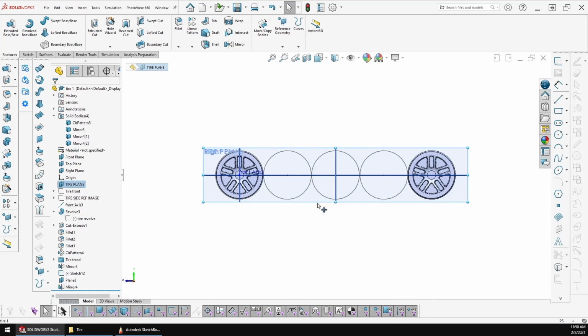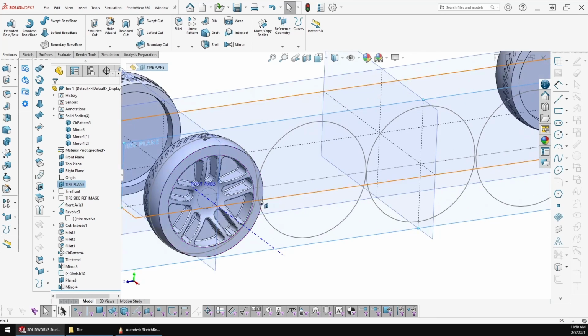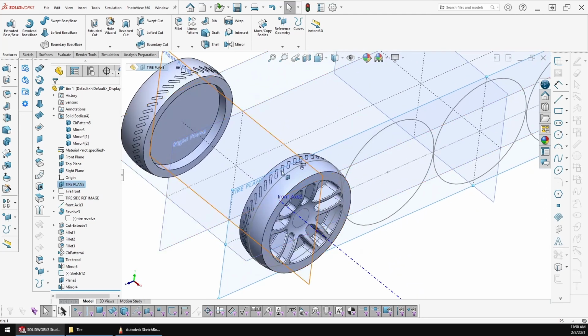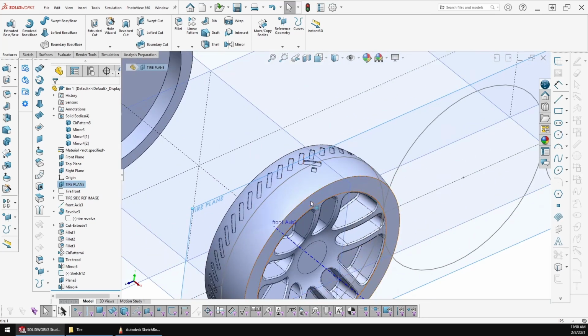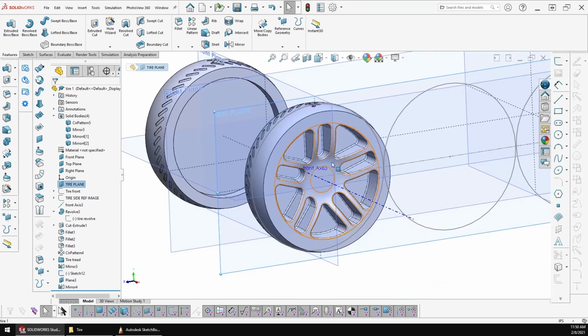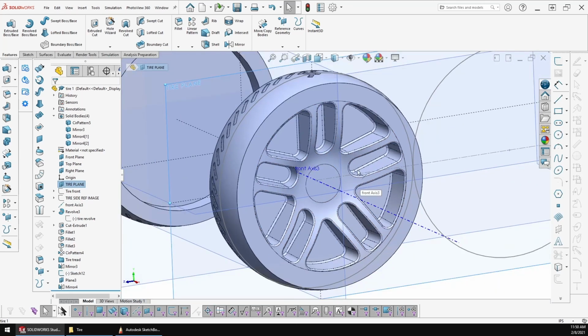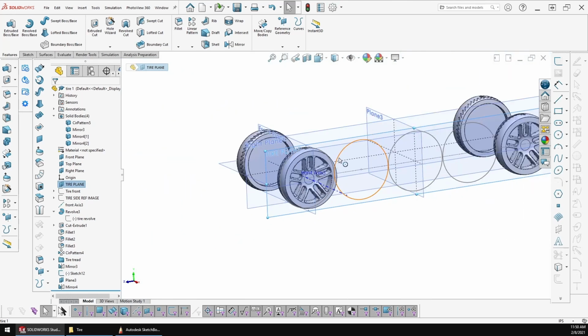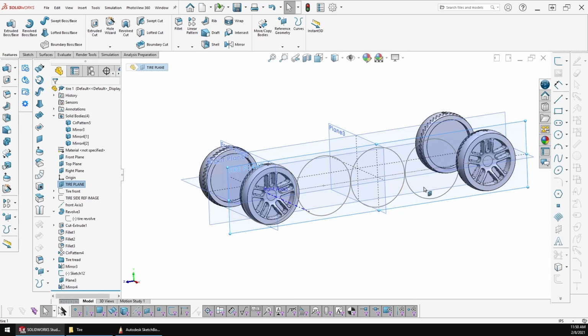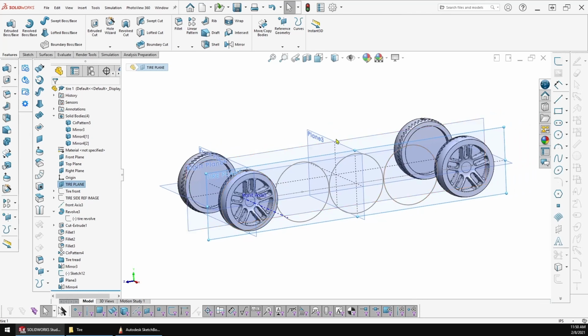So again, if you're building this along with me, go back in, have some fun, get your treads in there, work out some of the details, get in some more of the lug nuts and that in there. So for the next video, I'll have these tires all finished out, and then we will start doing the sketching. I'll show a couple of quick rough sketches that I do to get my elevations done,